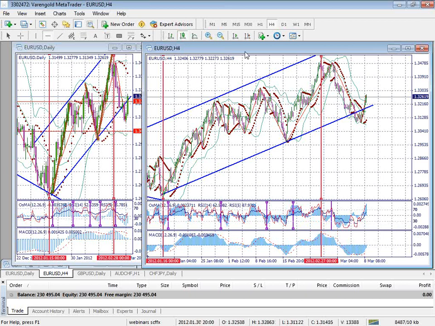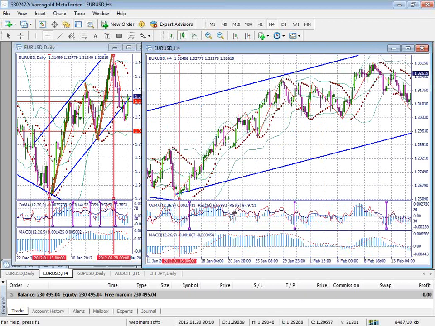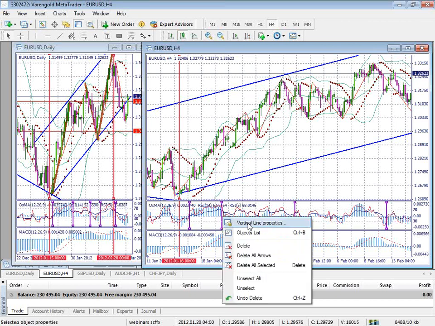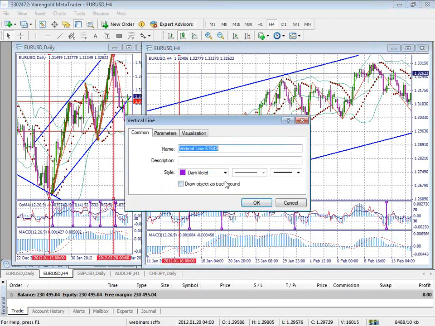But if we are taking the signals from the smaller time frame, we have different signals. We have here one entry, and we can see that we are in an uptrend. We have here one signal for sell. This is something that didn't appear on